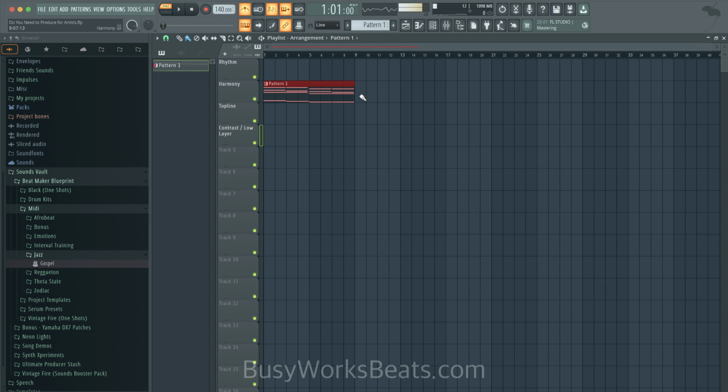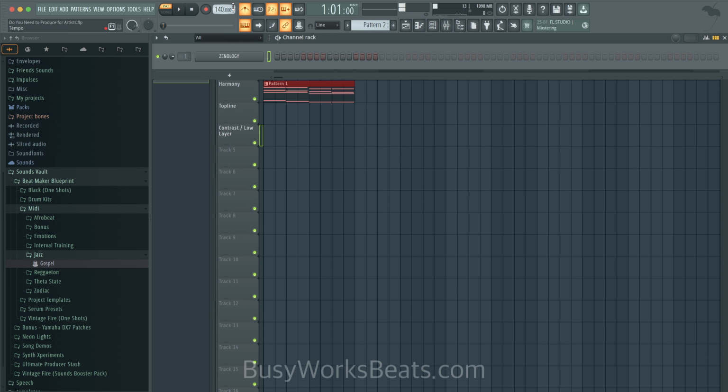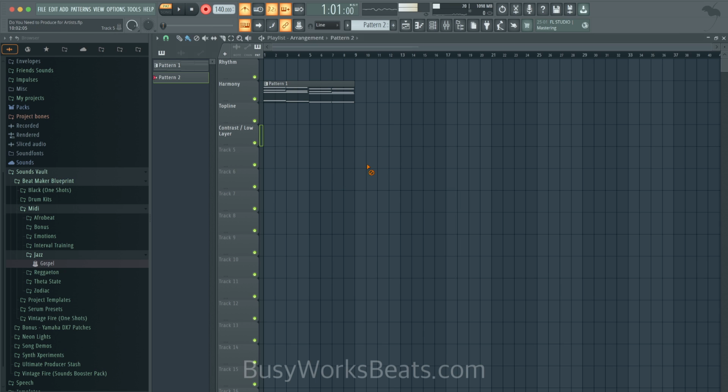Now your harmony can change over time. You don't have to continue to repeat the same thing. Let's change it up just to show you. Let's make it go the opposite way. Let's do D into, let's just change it up so it has a different feel to it. So notice I'm switching up the vibe.